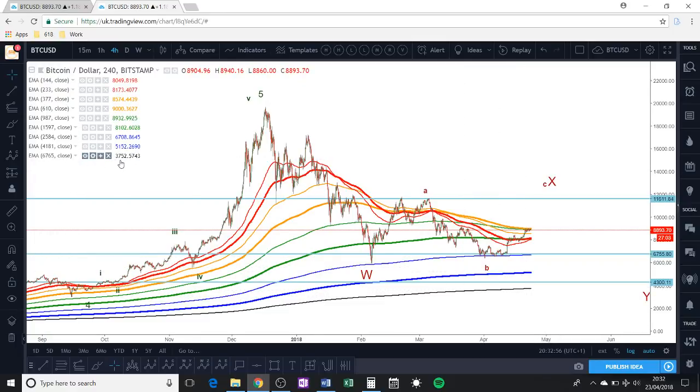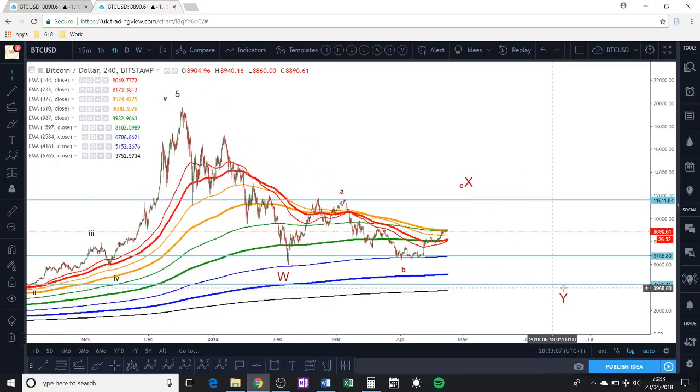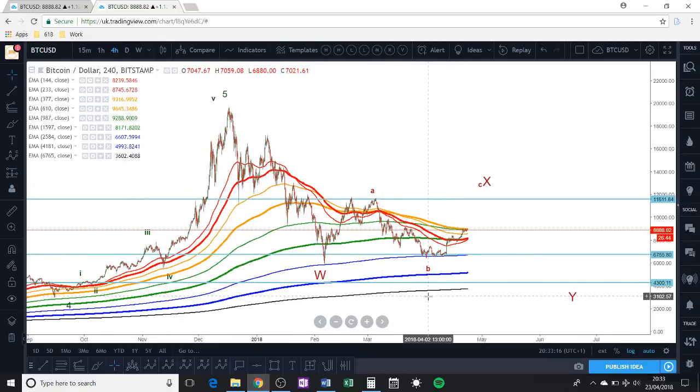So that is at the 6765 EMA. And look at where it is at the moment. It's at 3700. I'm anticipating it to get hit around this level here, by which time this line is going to keep coming up. And the reason it's going to keep coming up, just remember, an EMA is made up of